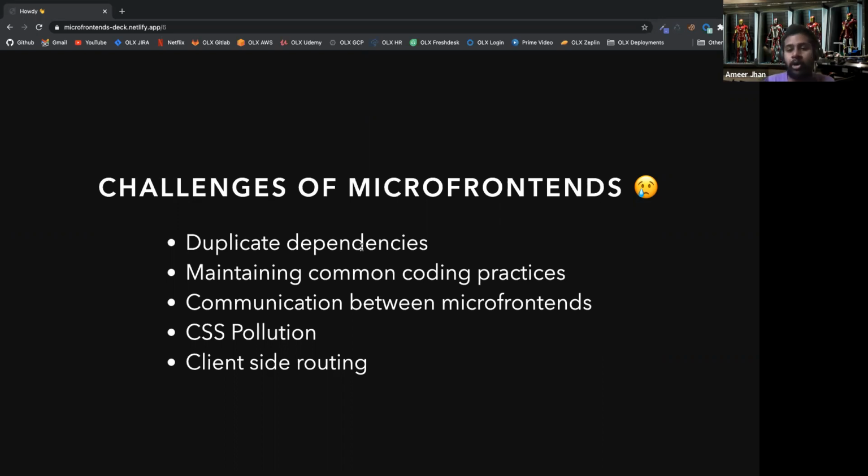And maintaining common coding practices. When you separate things into their own repos or their own code bases, you need to ensure that they all come together in a single line. But when it comes to multiple code bases on multiple tech stacks, it's even more difficult. The coding practices they follow on Vue will be different compared to React, and to ensure that all of those align to a common goal and follow a certain guideline is not going to be easy.